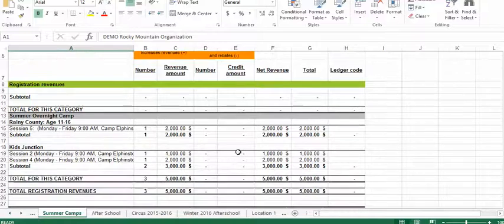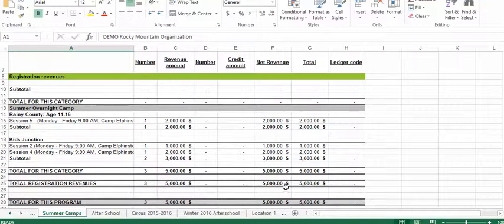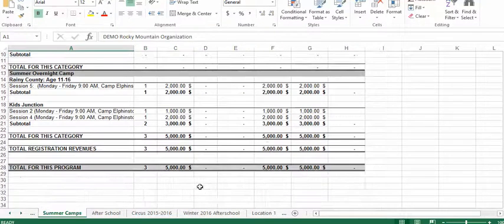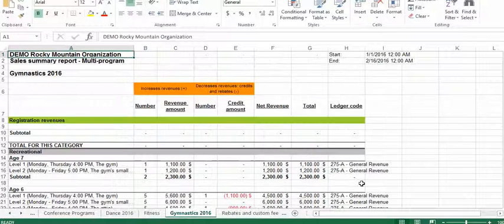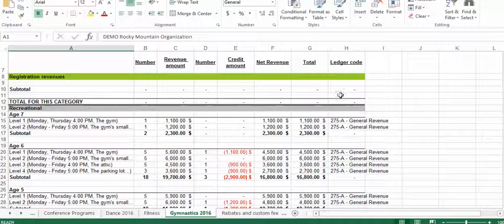So if I look at summer camps, I can see that I've actually only had a little bit of registrations in the last little bit, but it gives me this information in a really easy to digest format. If I look at gymnastics, this is where you can get an idea too. The ledger codes are really going to be available here. So the ledger codes, the money that it's tracked to, so you really get a chance to see where your money's going. Alrighty, I hope this was